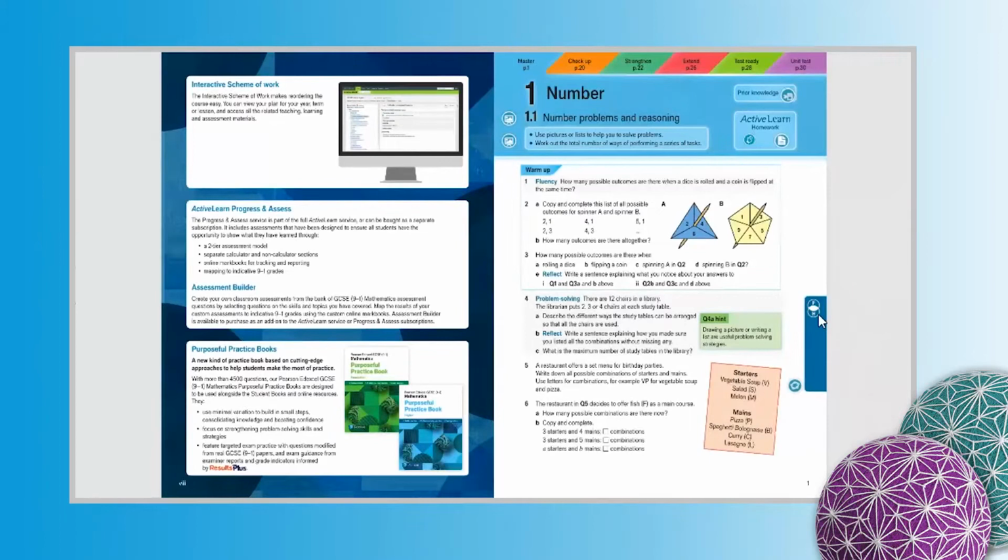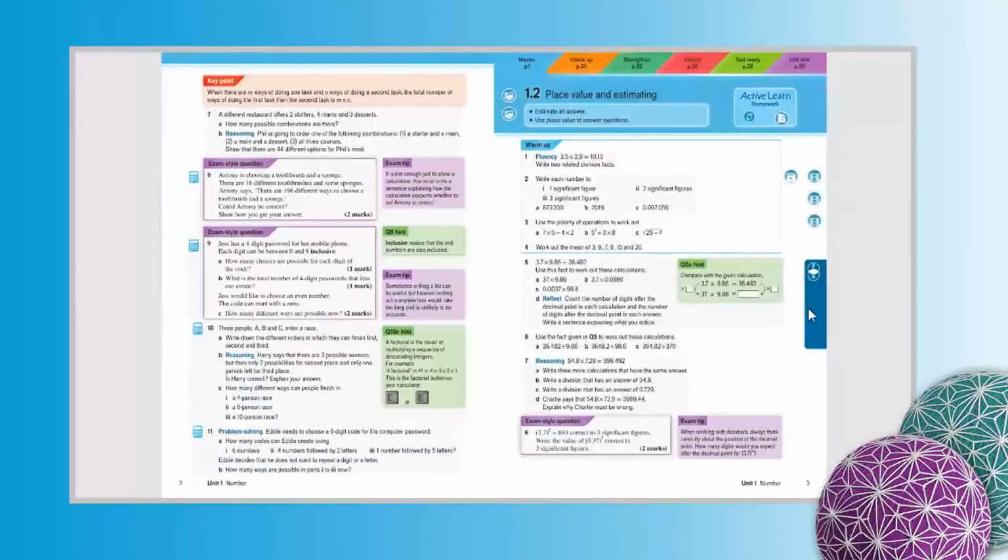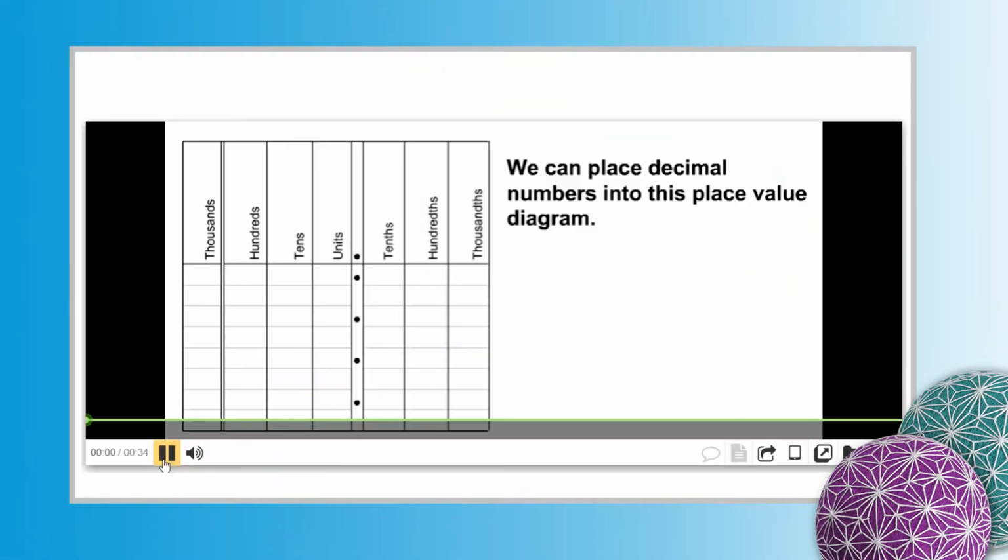A new feature in the second edition are the foundation and higher crossover bars. These blue bars can be found at the sides of the pages and indicate common content between foundation and higher tiers, so will be really helpful when making tiering decisions. If a student is confidently answering crossover questions in the foundation book, then maybe they will be able to do higher. Or if someone in the higher book is struggling to get beyond the crossover questions, they would be better off with foundation. You will also find hotspots to animations,